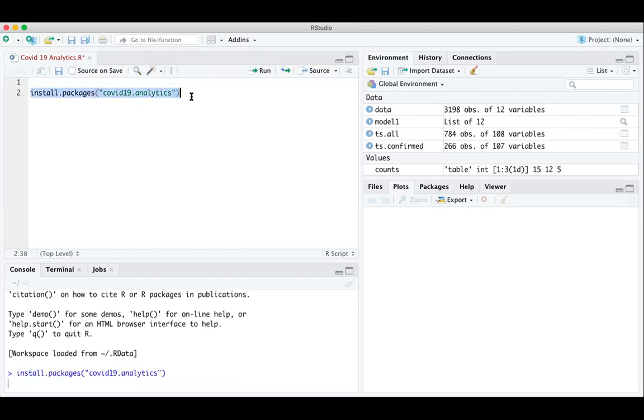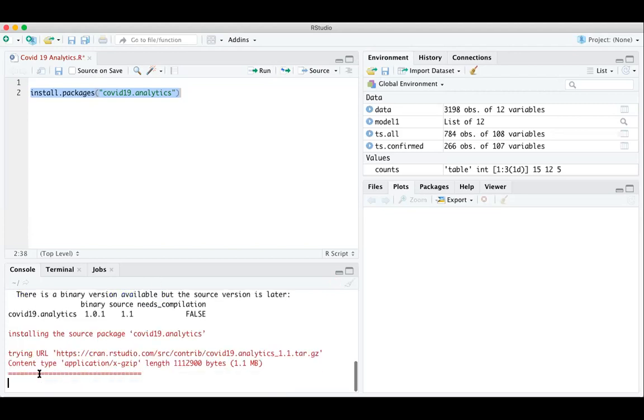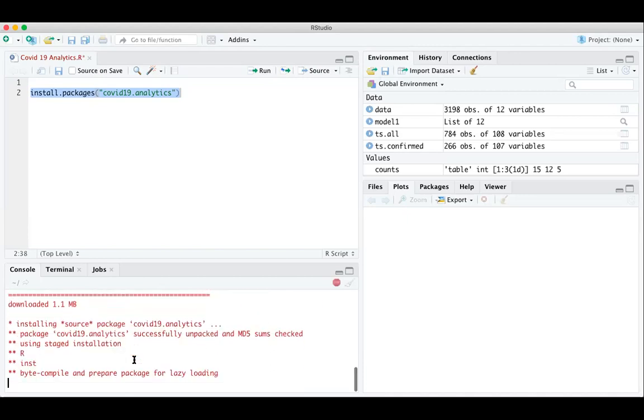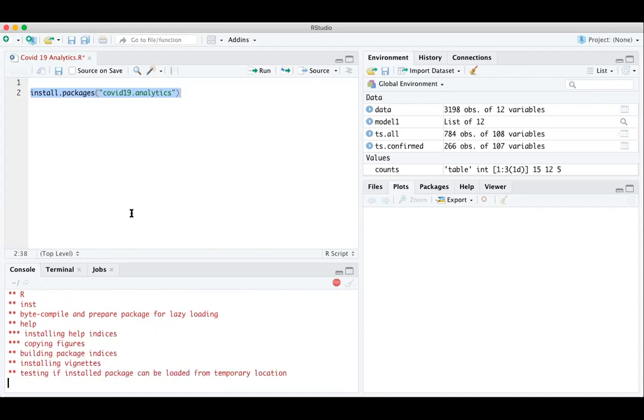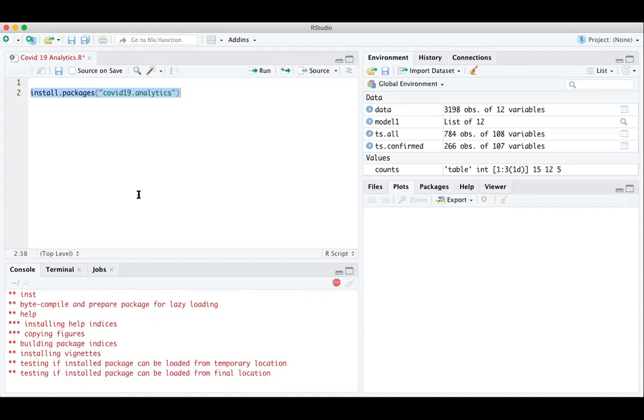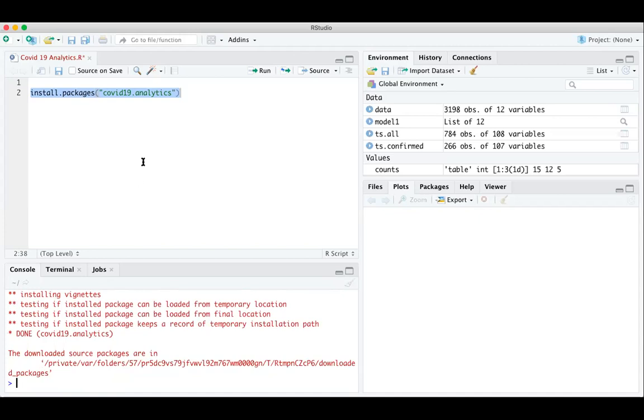Okay, I just run it. You can see on the console it's getting installed. This package is coming from the CRAN library. Yeah, so the package is installed. Anyways, we are going to write not more than 14 lines of code, so it will be a short one.